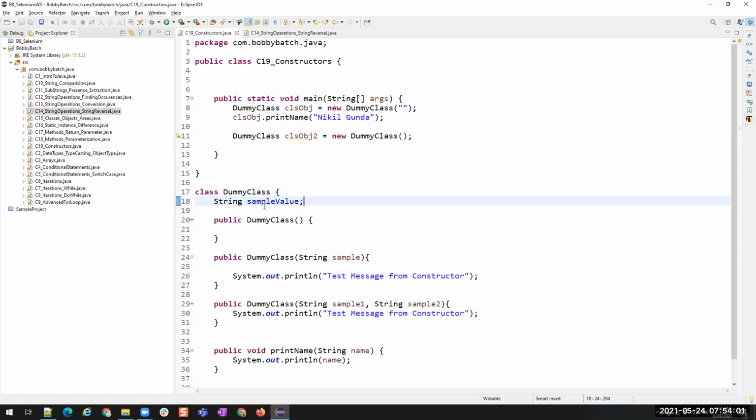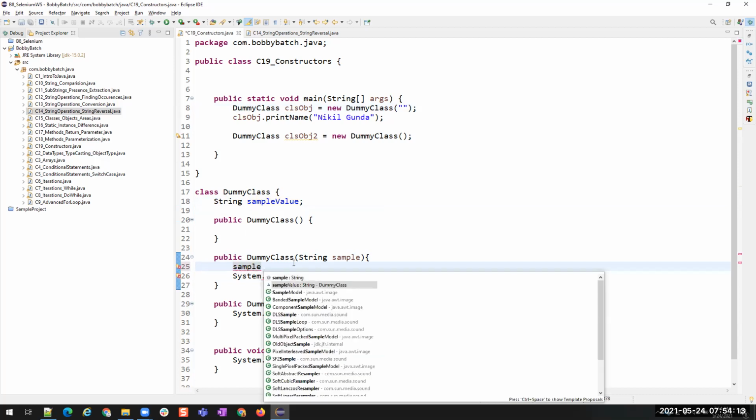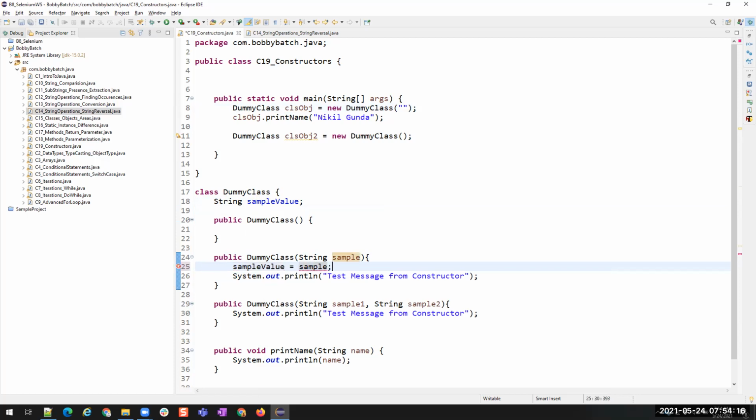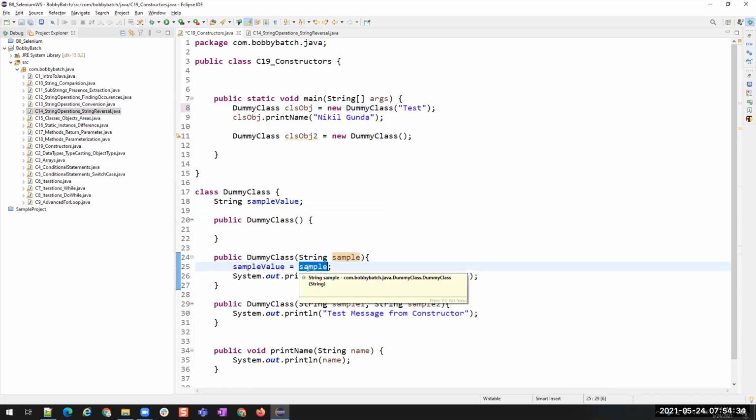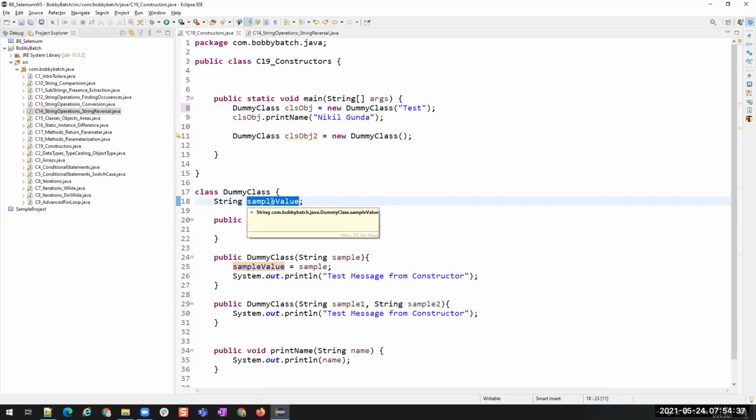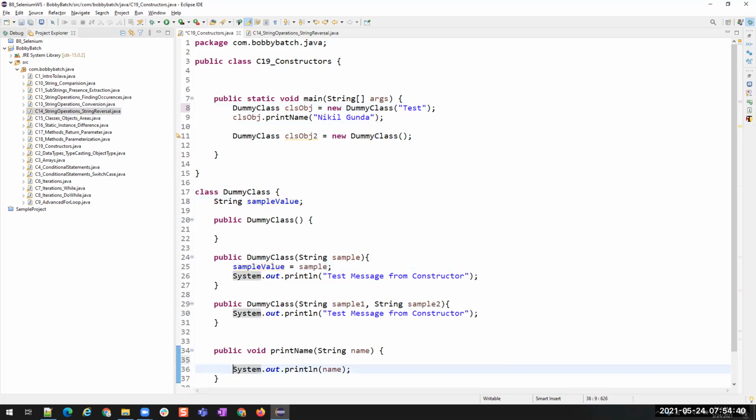Now I'm having this sample value from this object, so what I'm going to do is assign sampleValue equals sample. Whenever I'm creating an object for this constructor, let's say test, this test is being passed to this, and then inside this constructor I am assigning that value to the class level variable, so that I can use this inside any of the methods inside the class.